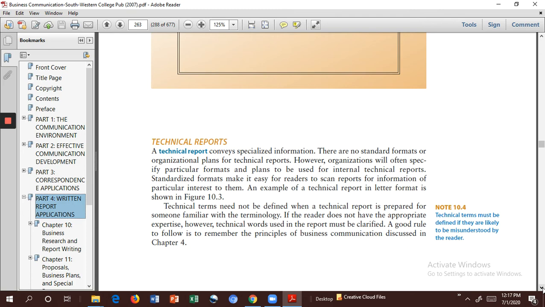One more important thing you really need to take care of if you're engaged in technical report writing is that you've got to keep your audience in mind. If your audience is comprised of technical members, or people who understand technical aspects, then you don't need to define technical terms. But if your audience is non-technical, in that case you need to define the technical terms. For example,